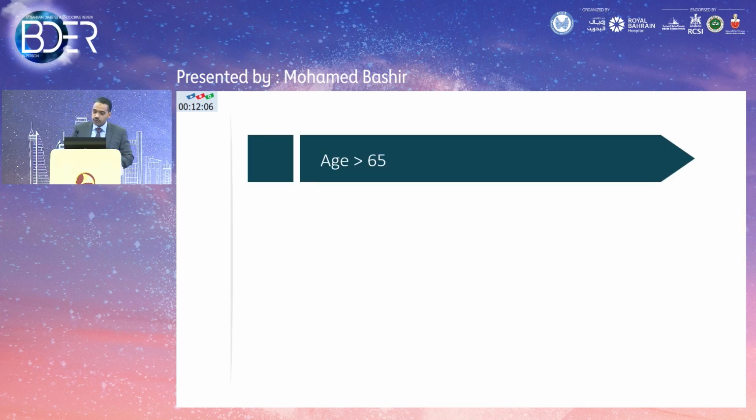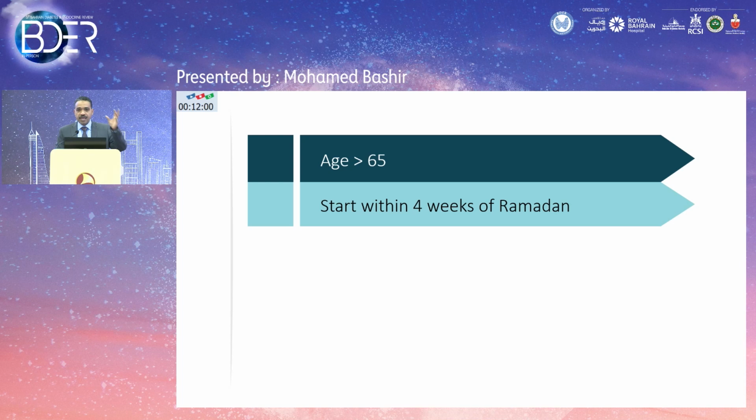However, I would recommend thinking about using these doses carefully. Those patients are at high risk of hypotension above the age of 65. If you start, you have to start 4 weeks before Ramadan, because all these symptoms tend to settle a little bit within a couple of weeks. But starting before Ramadan, patients will not thank you for that because they will be pumping out large amounts of glucose in the urine. They'll be thirsty.